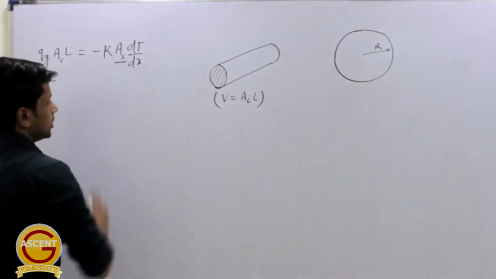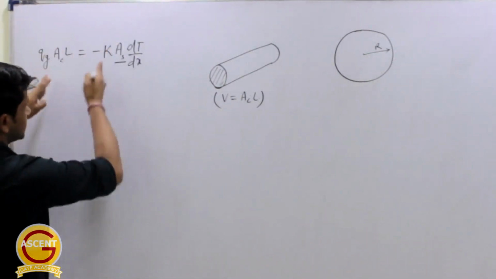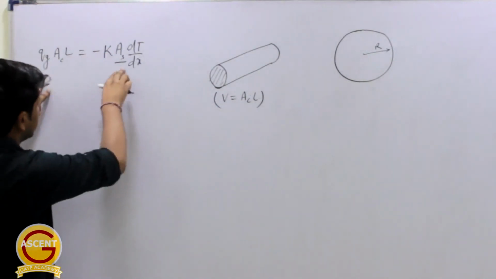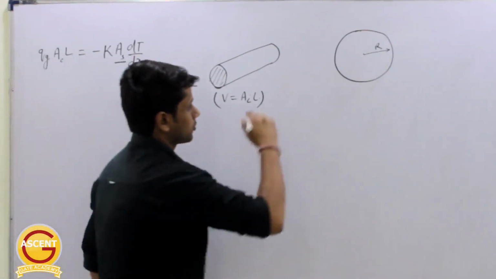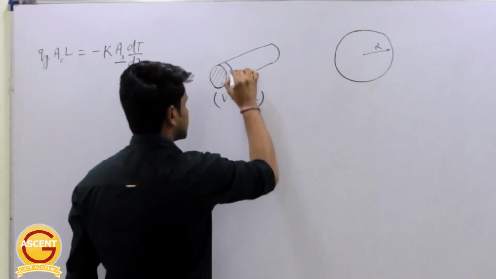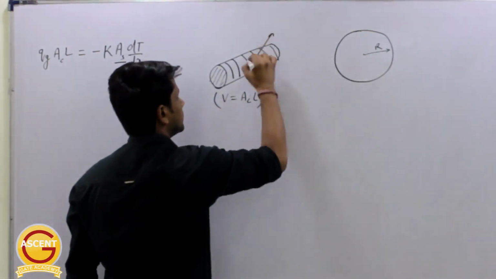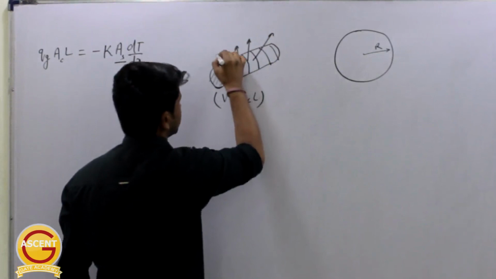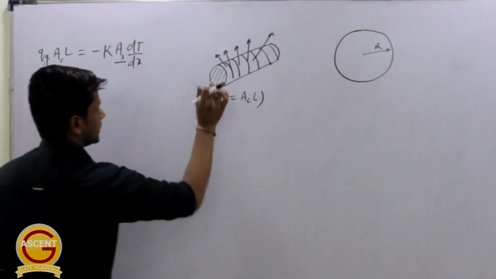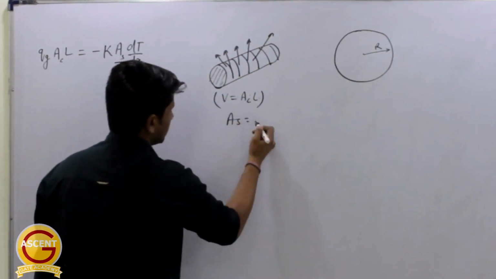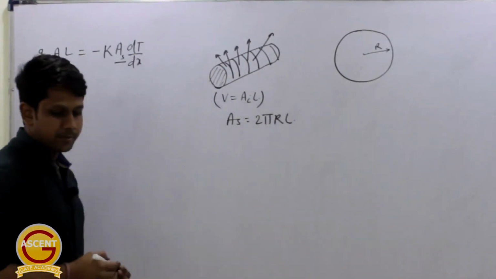Now coming to this area of heat transfer, so in plane slabs, as both areas were same, we just cancelled it out. But here we cannot cancel out these two areas because this will be the area of heat transfer. So from this cylinder, from the surface the heat transfer is occurring, right? So this is the surface, and from the surface the heat transfer is occurring. Okay, so we have to take the surface area. So surface area for a cylinder will be what? It will be 2 pi r into L, right? Perimeter into length.